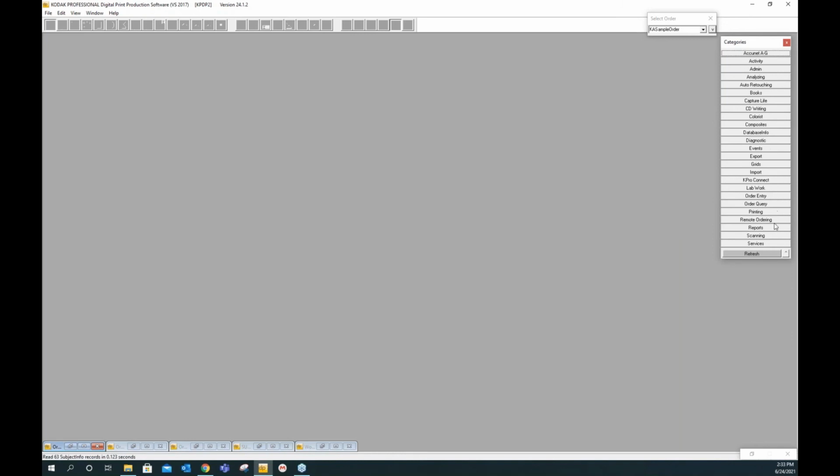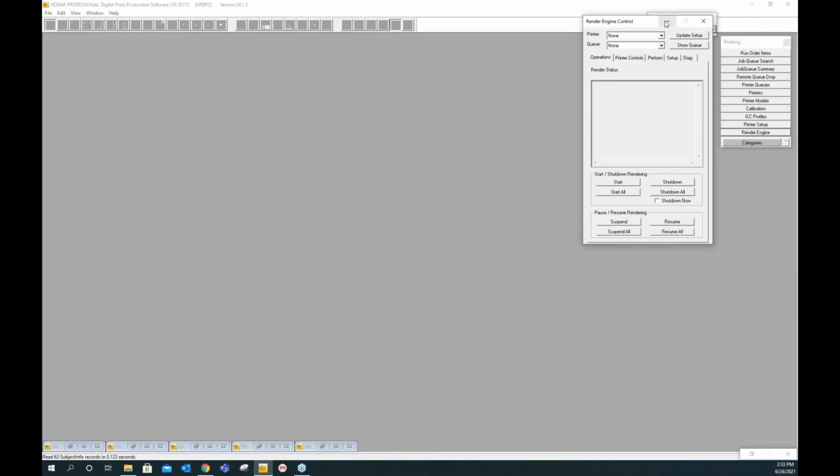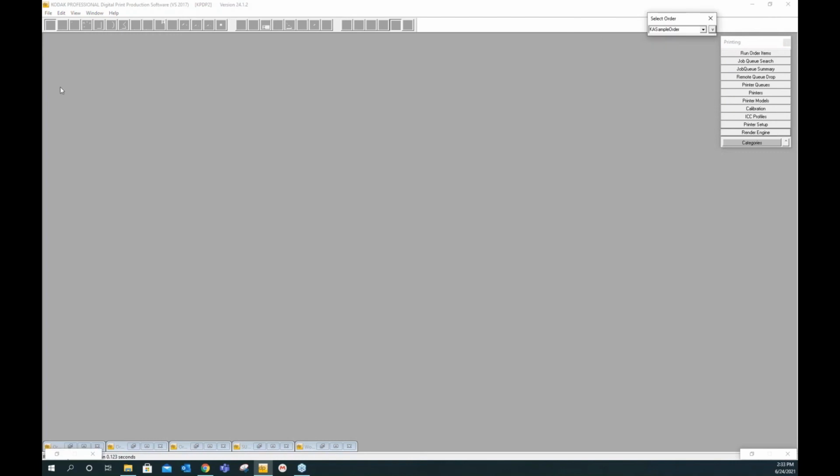I'm actually going to open up the render engine. I'm not going to start the render engine, but I just want to show you what happens with the render engine. I'm using two monitors, and I did it on purpose because I wanted to show you that it's still behaving the way I need it to in two monitors. But what I want you to notice, and I'm hoping that you can see, is that down below on the lower left, that render engine, I minimized it, but it did not hide all of the other windows that I had minimized before. So no matter how many you have open, it actually just lays out pretty well